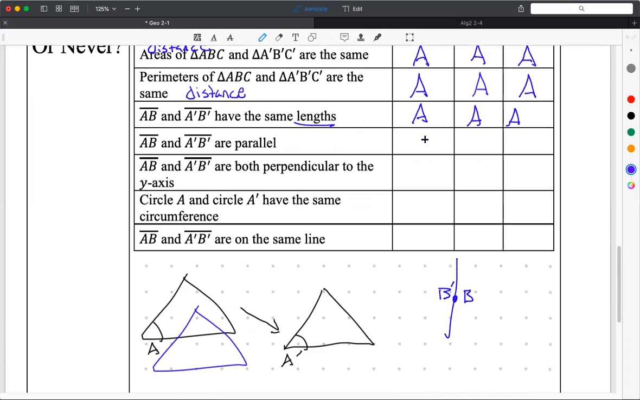This one is actually an always. I challenge you to try to make a translation that doesn't have something parallel. Oh, because you can't rotate it. You can't rotate. Right. It's just a translation. Exactly. Oh, okay. I'll finish this video later, and I'll try to have a mini picture for each of